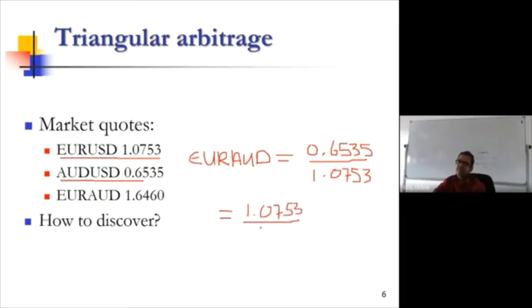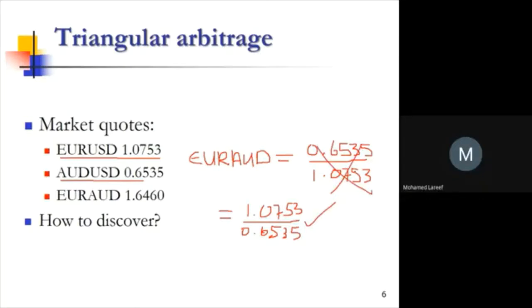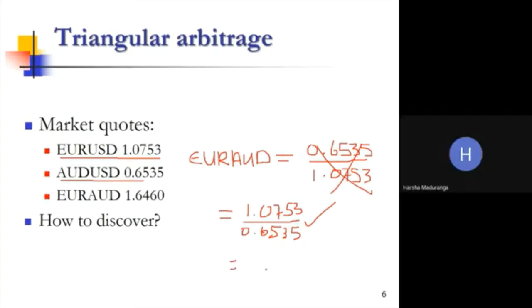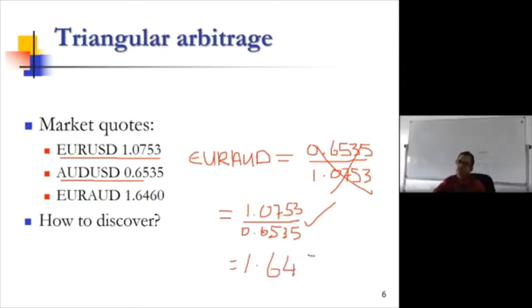Yes, this is correct, the other way. Then what's the answer? 1.6454. So based on the given exchange rates, this should be the cross rate,